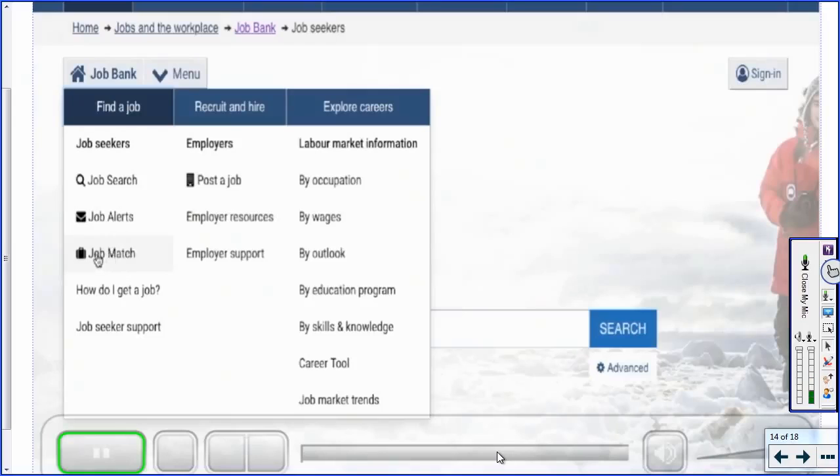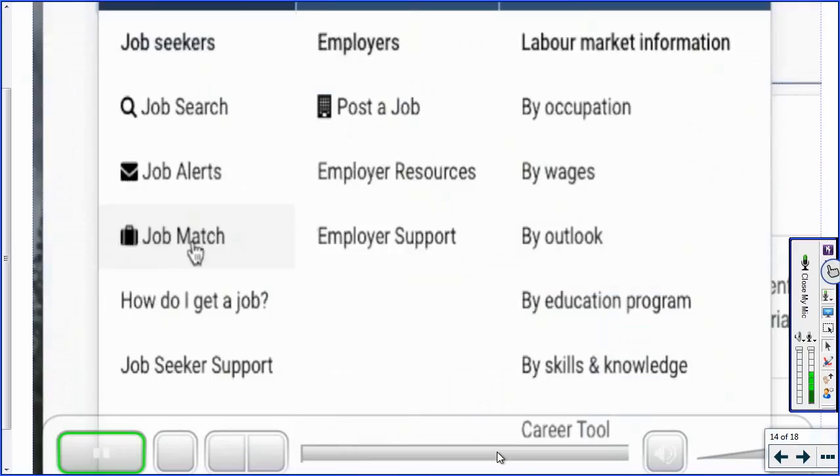whichever jobs are available. If, say, you are somebody that's new to finding work and maybe you don't have a lot of work experience, then job alerts might be a good place to start. Job match might come later after you've had some work experience and you've been able to put information in your profile.